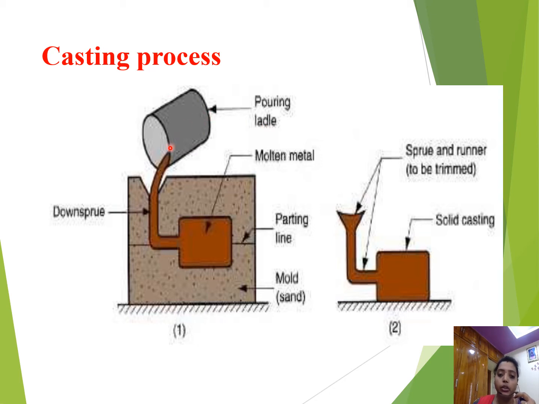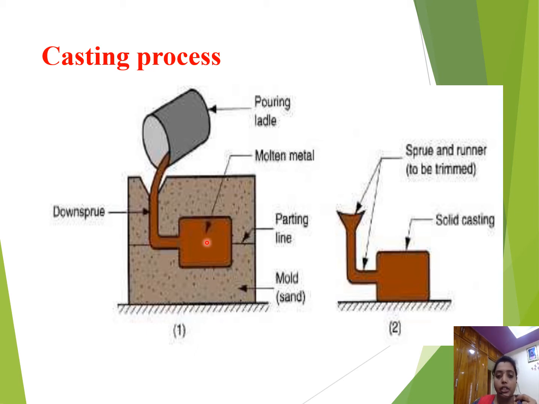Here we pour that molten metal into the pouring basin, and after that it enters the sprue. This one is the sprue, and after that this part is known as the runner. It passes through the pouring basin, sprue, and then the runner, and enters the mold cavity. This one is the mold cavity. This whole thing is our required object. This square shape is what we want. This is the required object shape.